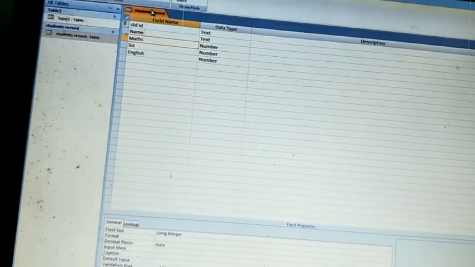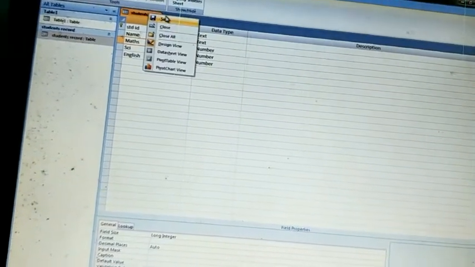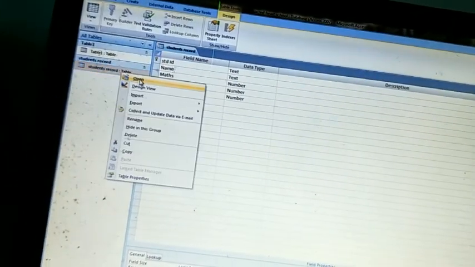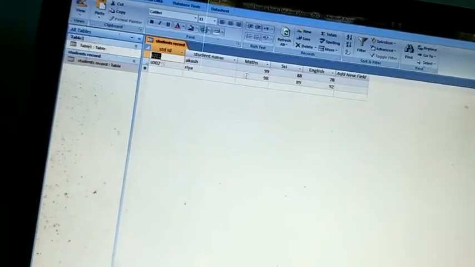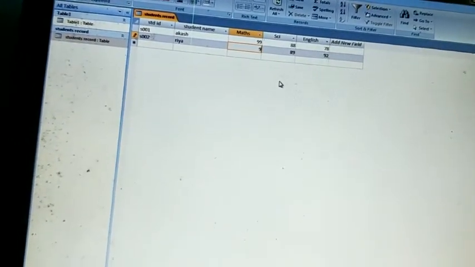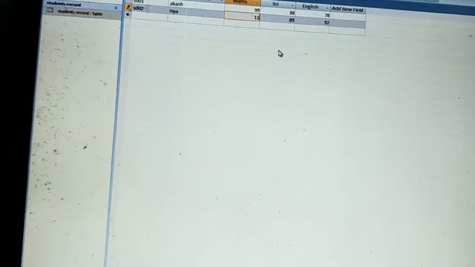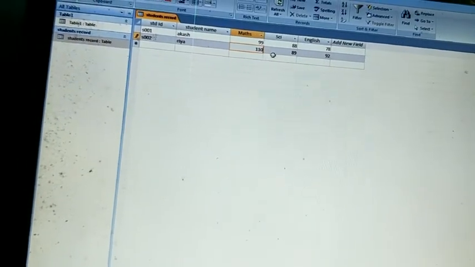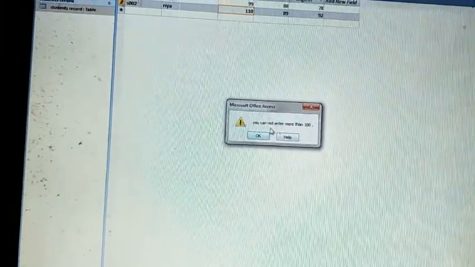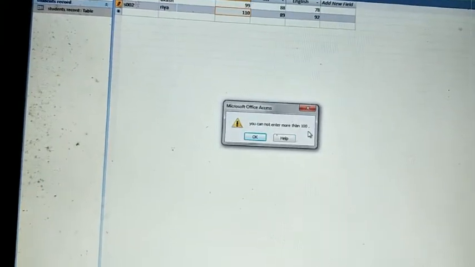So to see these changes, first you have to save it. Now click on the Yes option. Now see the result. Now if you enter more than 100 marks and click anywhere, look here, it says you cannot enter more than 100.